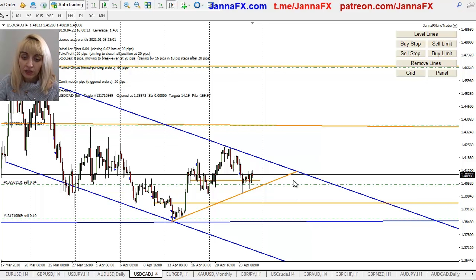A lot of people will be just martingale in it, right? Like sell, sell, sell. You see, if it goes up, they sell and sell and sell. It goes too much, and then you have no margin on your account, and that's it. So that's why